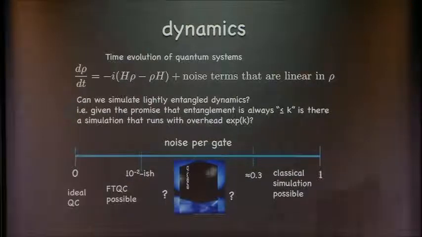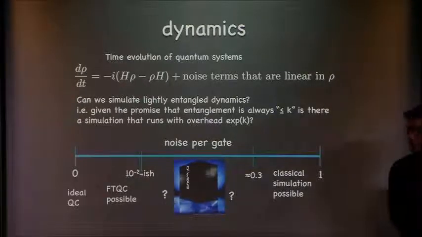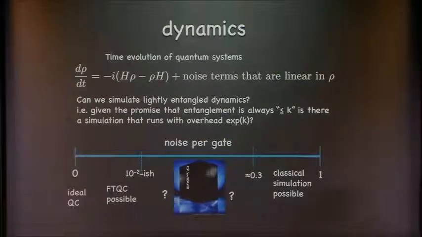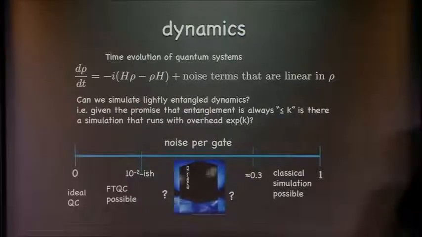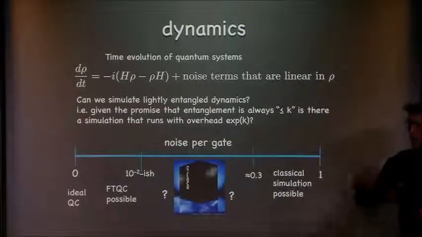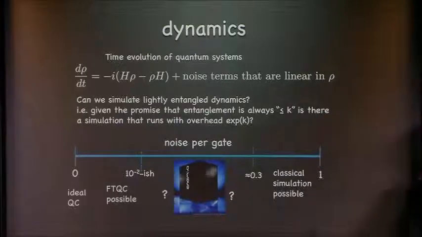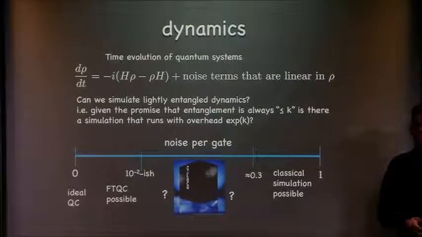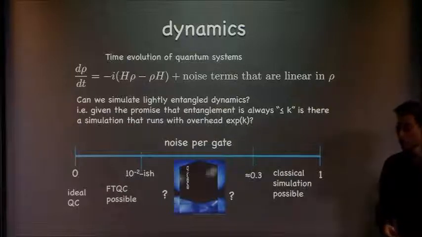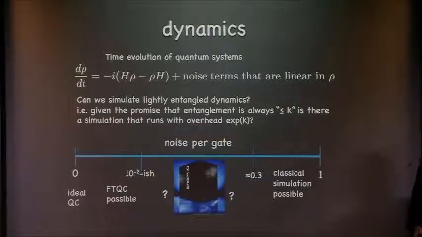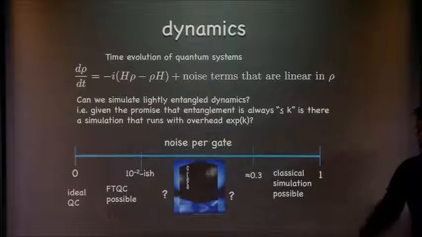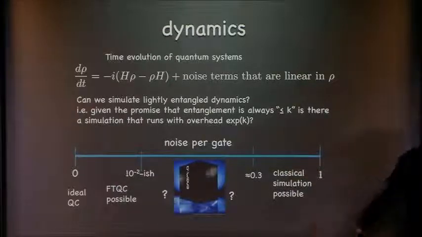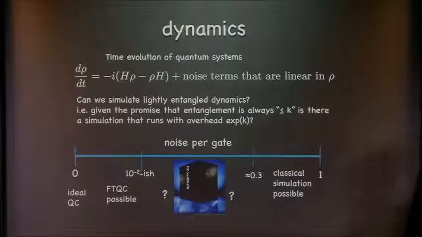Mixed. Actually, this is an old paper of me and Michael Nielsen. That was like my third paper, back in the day. And it's pretty easy. Suppose you have some noisy dynamics so that you never create any entanglement. Then you start off with a pure state by assumption, and then you take one step, and you get a separable state. This separable state is a mixture of product states. So you just sample one of those, and it's not a very complicated separable state. It just involves 2 qubits, so it's not so hard to sample. And that's it. Now you have another product state, and you keep going. And you've simulated the evolution.